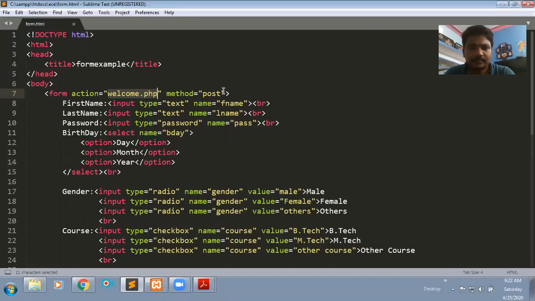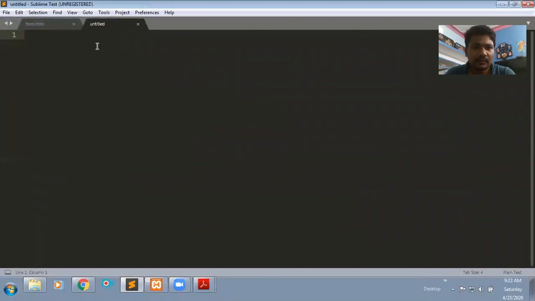Once the data is submitted, I need to process that data. How can you process that data? Here we have some super global variables to process the data.